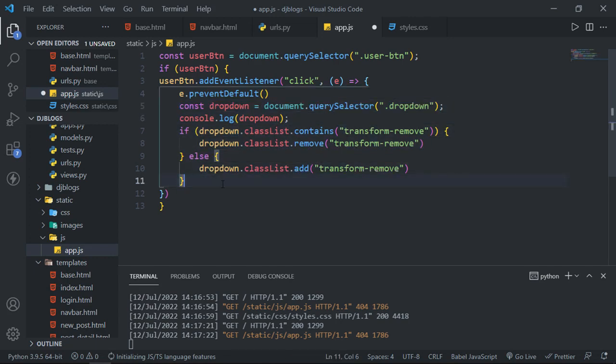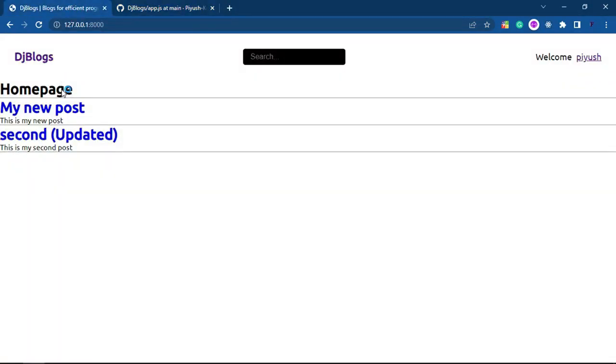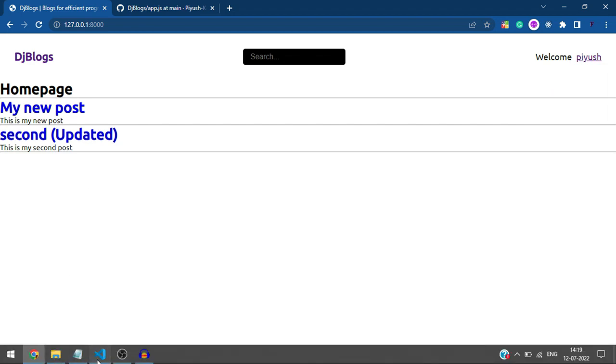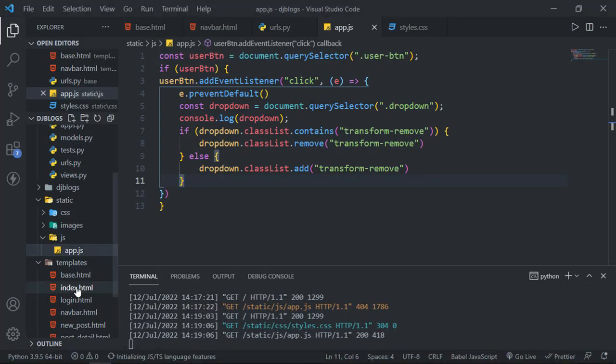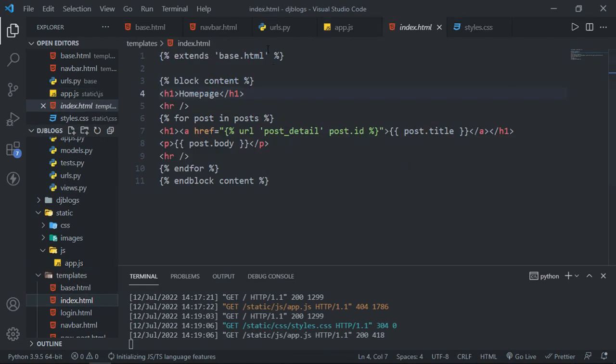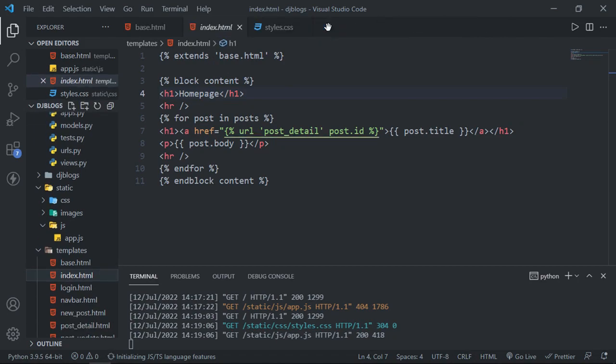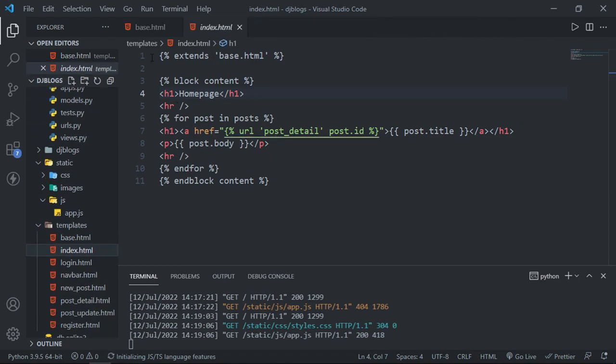and after saving this, in the browser, if you refresh this, now if I click here, you can see that this drop down is appearing. Now in this index.html file, I will first of all close these tabs which I don't want here. Remove all of the code,